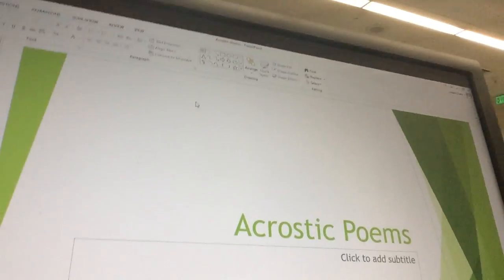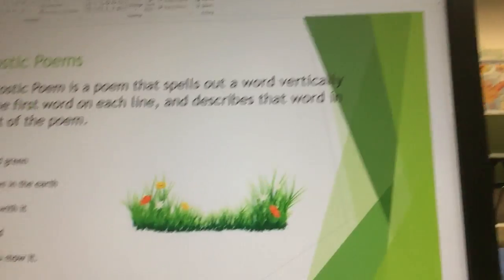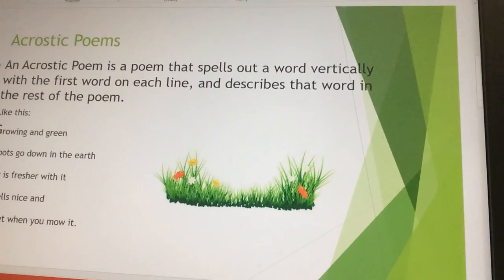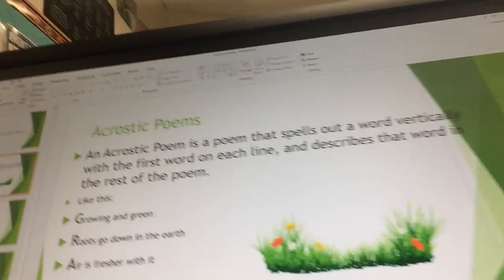Here's the screen for acrostic poetry. Sorry, it's jumbled. Anyway, so acrostic poetry is a poem that spells out a word on the left side of the page. Like right here, it says, okay,